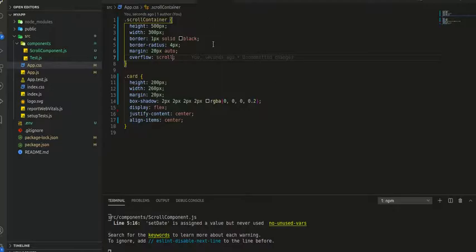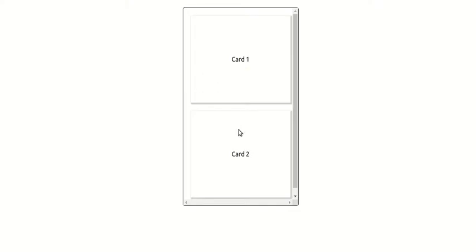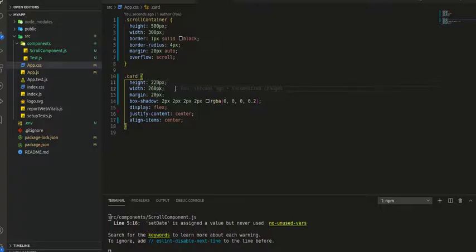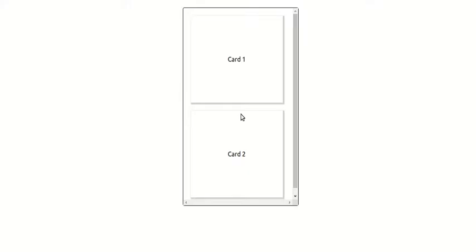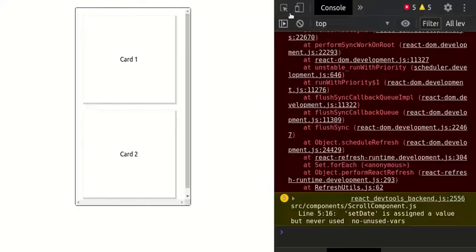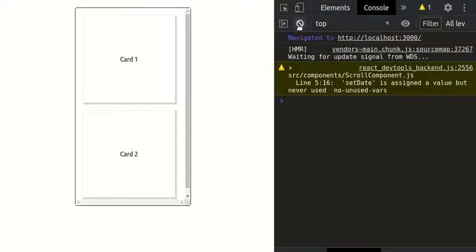We'll just see. So we have got the scroll, but we don't get the scroll bar. For that, just increase the height of the card. So let's say 220 pixel. Okay, so now we are getting scroll, and we also need some margin from here. So we will decrease the width. Let's just see. Okay, it is looking decent. So let's first refresh and see if there is an error. Yeah, we don't have any error as of now.